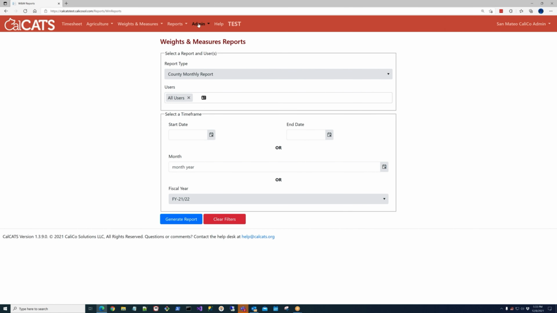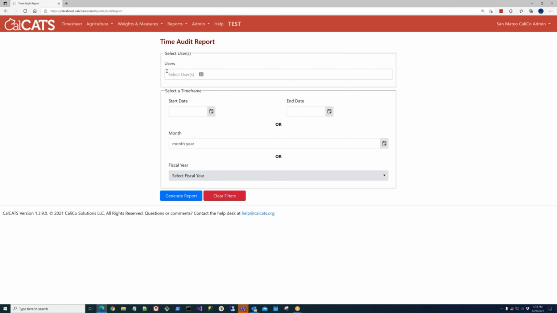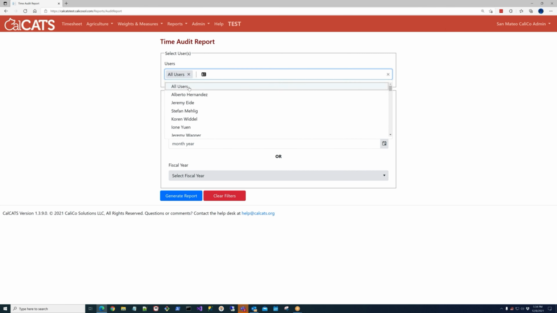Okay, and then the third category of useful report really is that time audit report. The time codes report, custom tracking, these are more at an administrative level, so I don't feel we need to cover those today. But the time audit report, we've looked at it when I run it from my timesheet, which just gives me my time. But here I could run all users for a month,